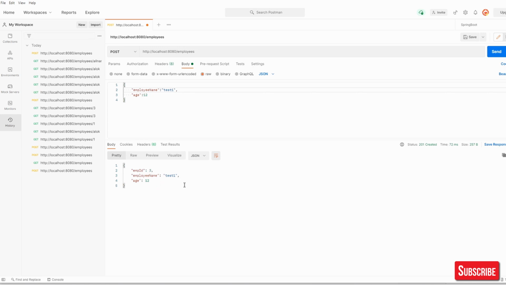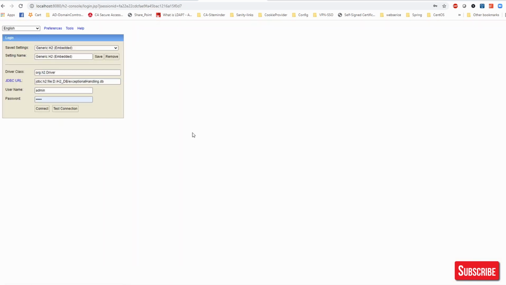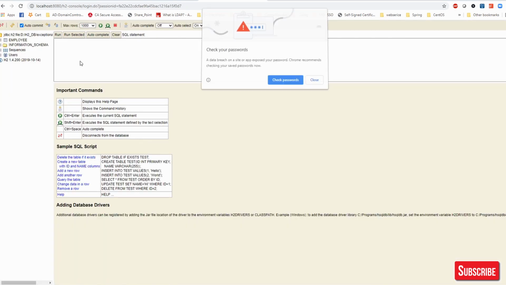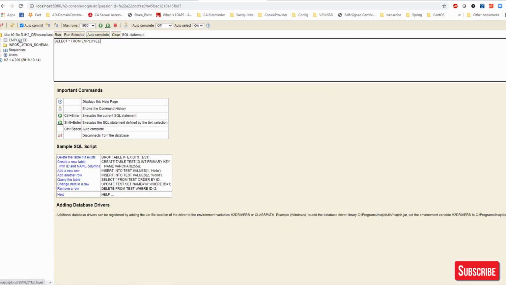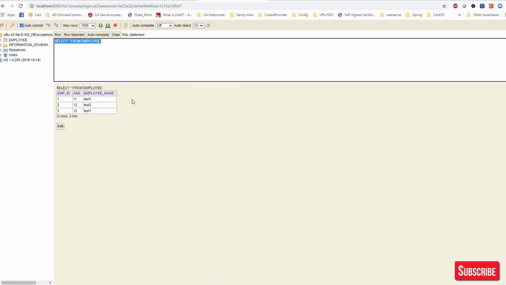So we have employee ID 3, we have two test1 right now. If you go to the database and try to see this, then we have two right now with test1.